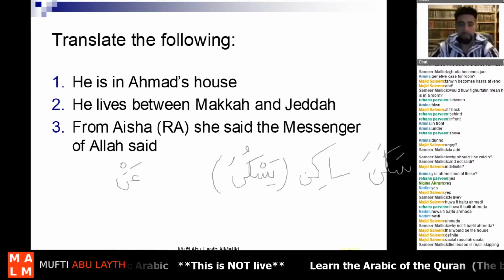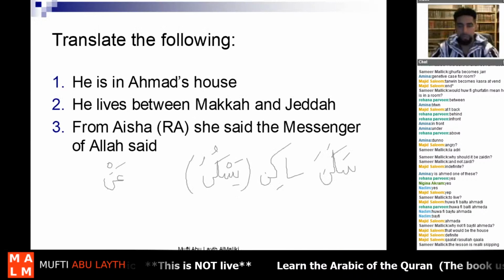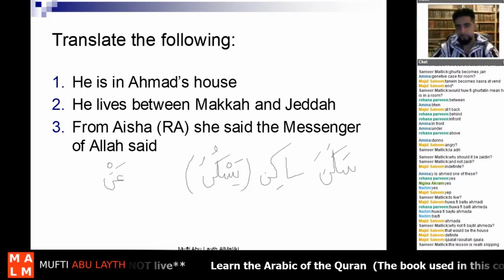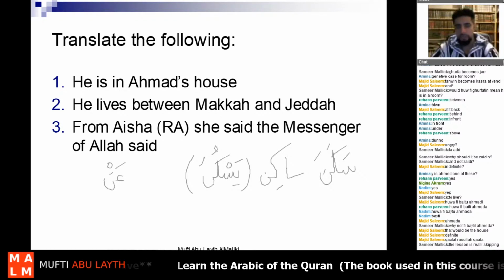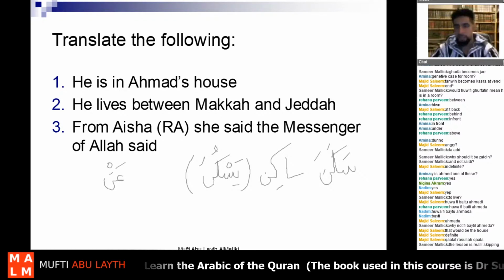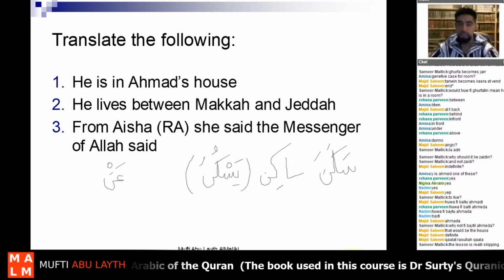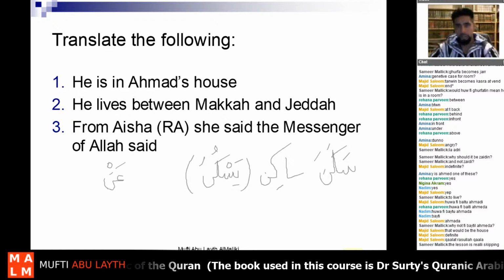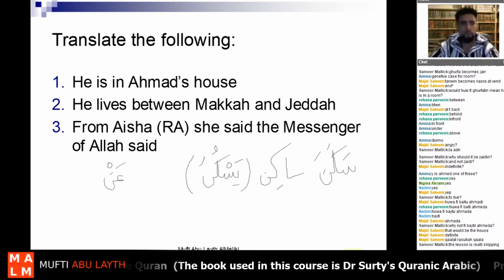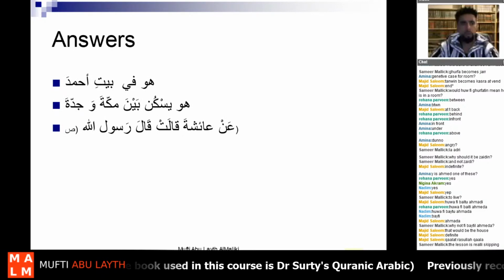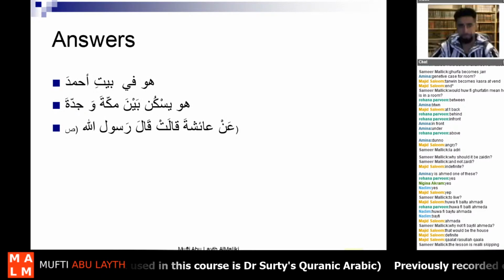As Jeddah being the example, it would be the same as Makkah, but you get the idea. Okay. Min Aisha. We did say you're going to use an... Amina. So min Aisha, here qalat Rasulullah qala. Okay, that's good. Right, if we move on there to the examples, you can see here, huwa fi bayti ahmada,